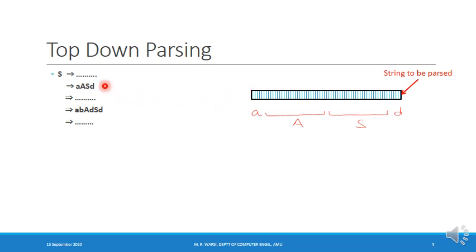I carry out further steps of the derivation, and later on I obtain the sentential form small a, small b, capital A, small d, capital S and a small d. Now I can interpret this same string based upon this sentential form, and now I can say that this string must begin with small a, small b, followed by the component which is derivable from capital A, and then there has to be a small d, and then there has to be a component which is derivable from capital S, and finally at the end there has to be a small d.